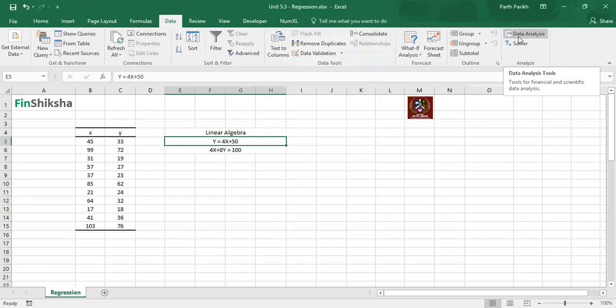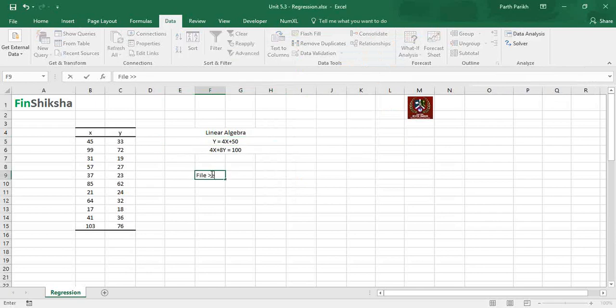So the first thing you have to do is go to file, go to options, go to add-ins. Then at the bottom of the page, you will have Excel add-ins. You click on that. And now there are three options available: Analysis Toolpack, Analysis Toolpack VBA, and Solver add-ins. You select the options and click OK.